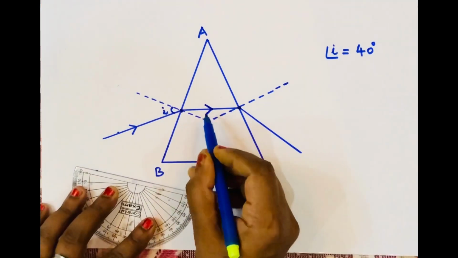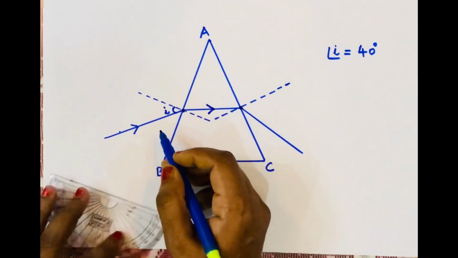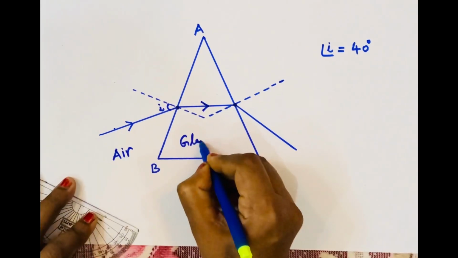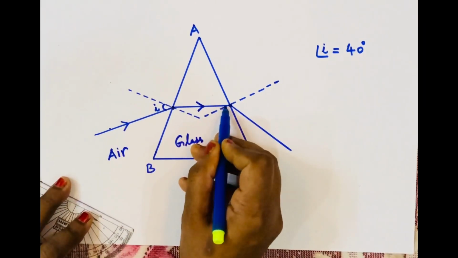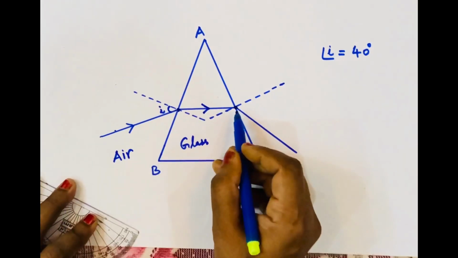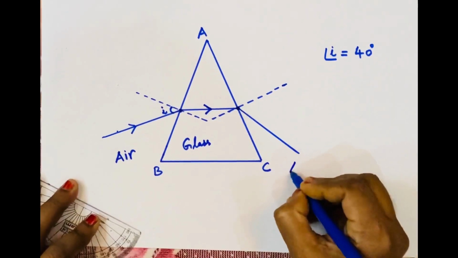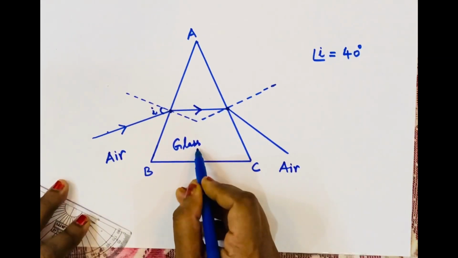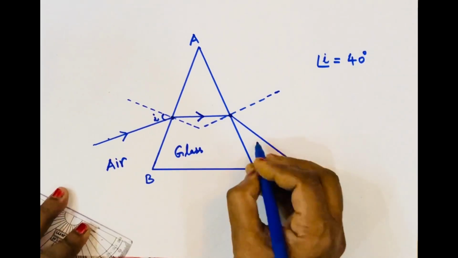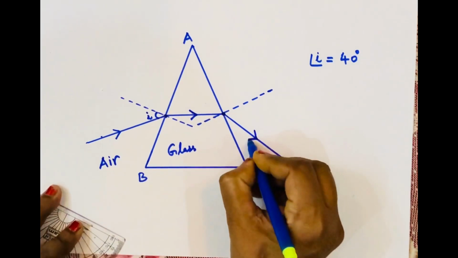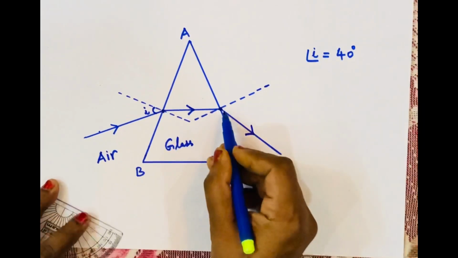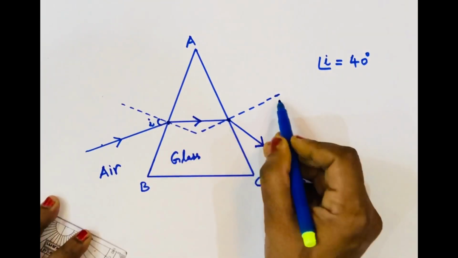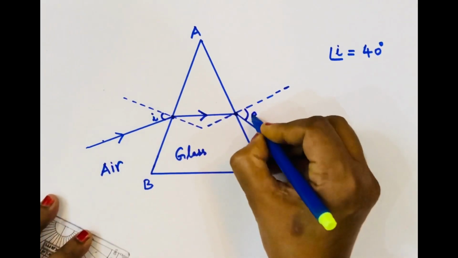It is very clear. The ray is bending as the ray of light is passing from air into the medium glass. We can see the bending of the light ray. And later the ray of light is emerging from glass into the air. So here also we can see the ray of light is emerging out from glass into the medium air. So this ray is the emergent ray. The angle made between the emergent ray and the normal is called the angle of emergence.